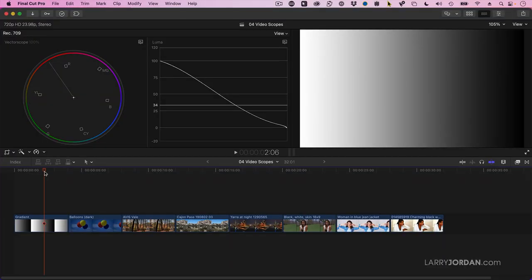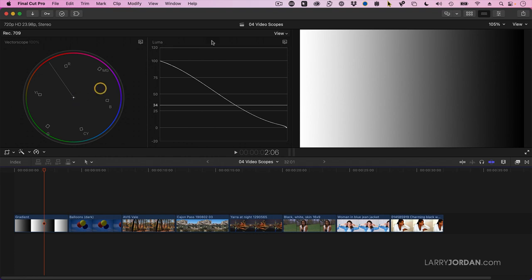Here, for instance, is a gradient that I created inside Photoshop. On the left is pure white, on the right is pure black, and every shade of gray, from pure white to pure black, is between the 2. We can see that in the vectorscope, which is this scope here in the middle. There we go, right there. There's pure white on the left, there's midtones, and there's pure black on the right. The vectorscope is over here, and as you can see, every shade of gray is a single dot in the